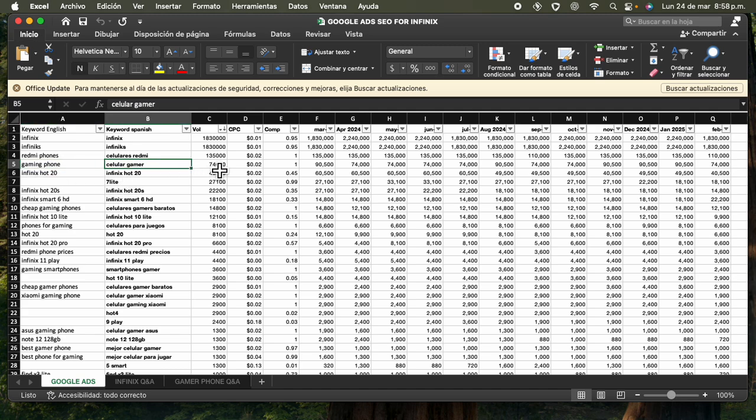has 74,000 searches a month. Okay, so then in March it had 90,000, then 74,000, 90,574. This is an approximation. It's not exact, but it's an approximation, okay? But as you can see, gaming phone has a lot of searches, and this is important because